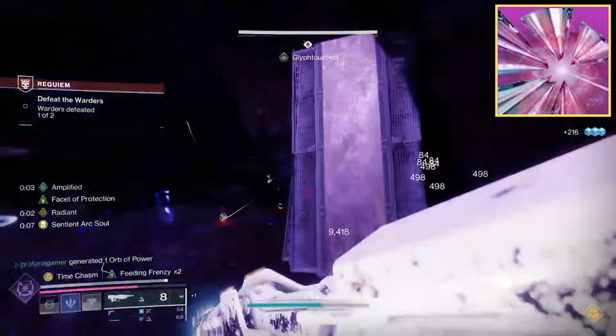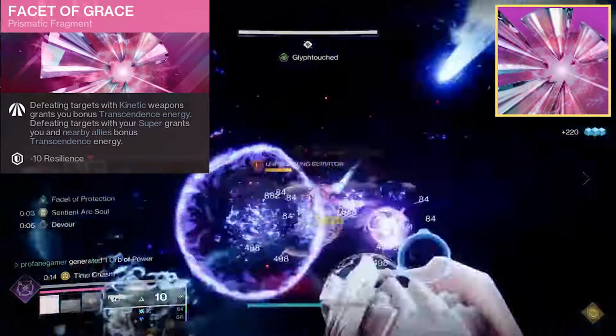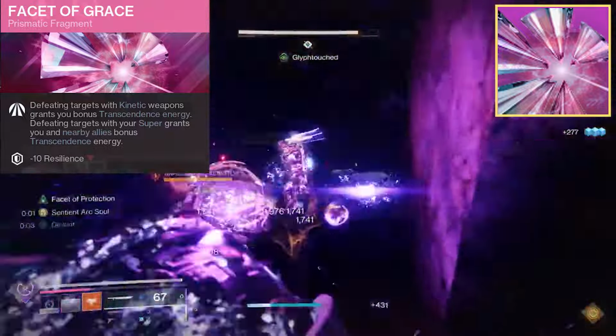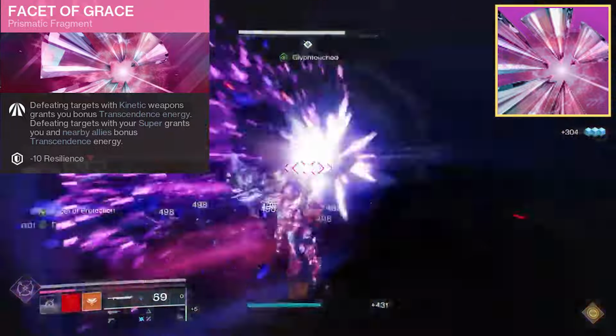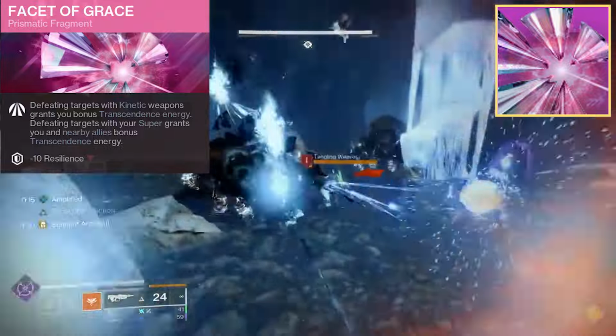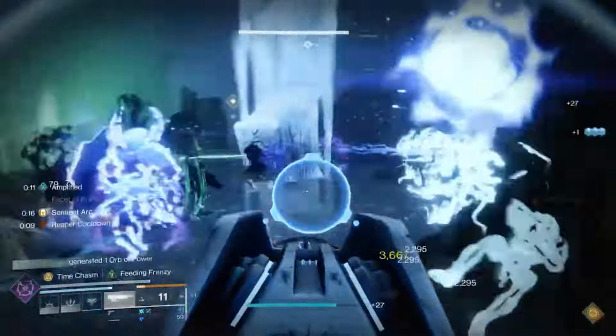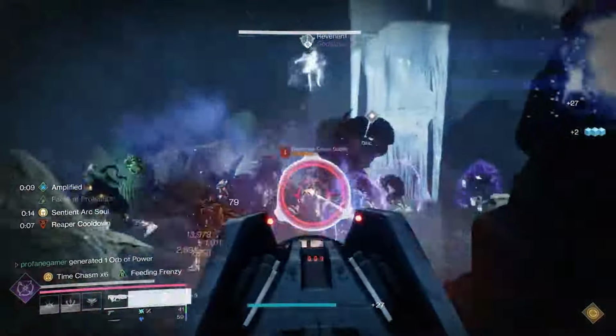We're using Facet of Grace, so whenever we defeat enemies with kinetic weapons, we'll gain bonus Transcendent energy. We'll also gain bonus energy when defeating enemies with our super, and that's going to give allies bonus Transcendent energy as well. While we are Transcendent, we won't be able to consume our grenades to create arc buddies, but we